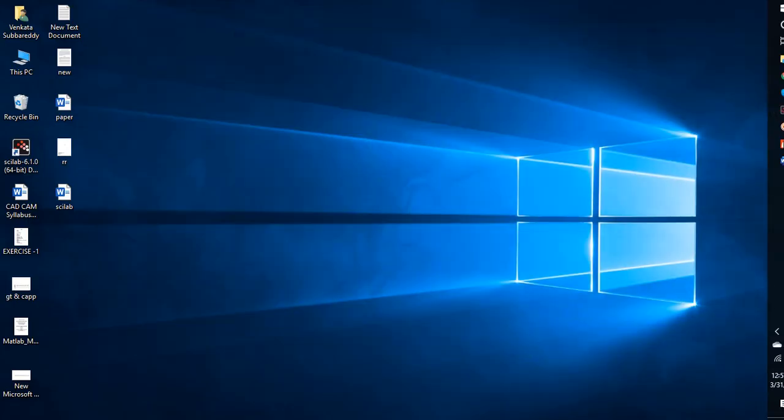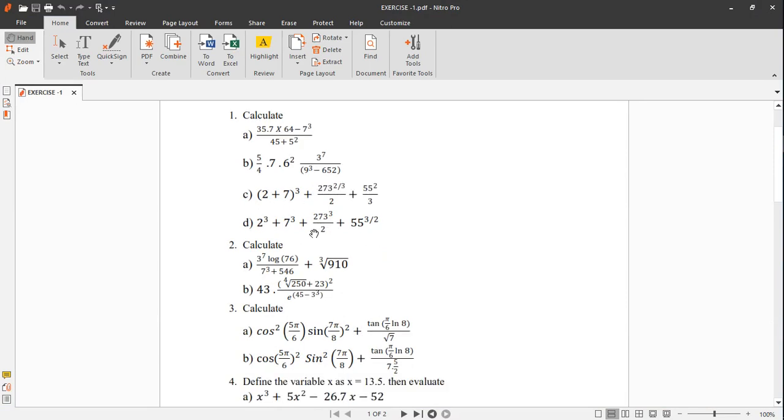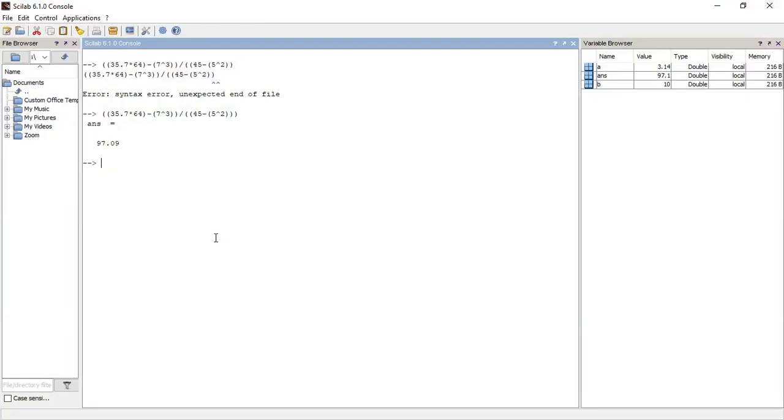Here I'm going to consider another example. For this one, it is easy one we consider here. These are all easy. And then see the next one. If you have the concept of a log term, for example, 3 power 7 times log 76 divided by 7 power 3 plus 546, plus cube root of 910. Now simply see here. I'm going to consider this one. For this one, 3 power 7 first, in brackets, is going to be multiplied